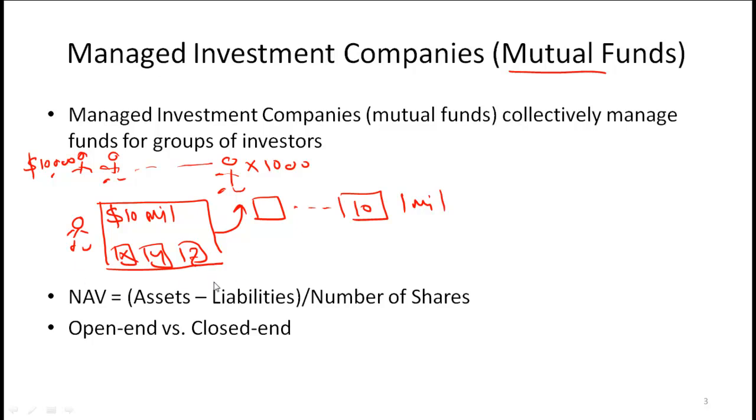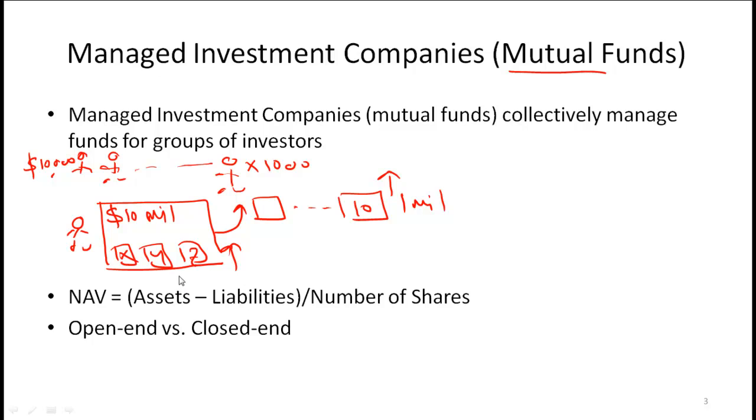And as the value of the underlying shares that are part of this mutual fund, as the value of this diversified portfolio goes up, the value of each mutual fund share will go up. So that is a general point. You can clearly see that there is diversification going on, and there is obviously cost savings going on, because for all these 1,000 investors, you just need a small team of people doing research and creating the diversified portfolio, and that benefit then goes to all the investors in this mutual fund. So that is a simplistic explanation of how a mutual fund works.